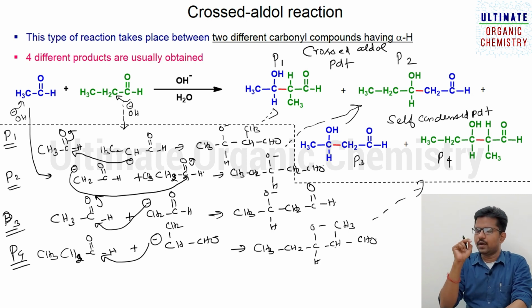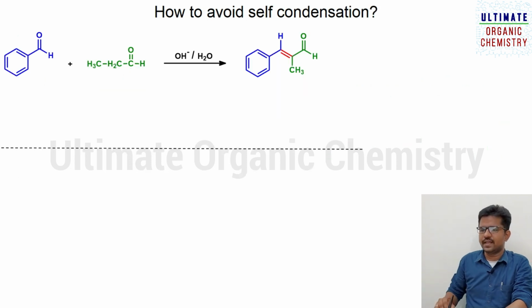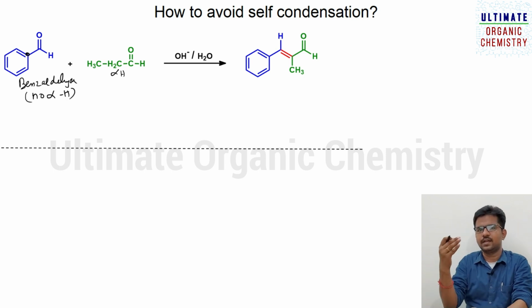Now we must think about how to avoid these cross-aldol products. We have one example. In this compound, this is benzaldehyde, which has no alpha hydrogen, so here you have no hydrogen. So this will not undergo self-aldol condensation. Here this is propanaldehyde, and here you have alpha hydrogen, so this molecule may undergo self-aldol condensation. But during the course of addition, the way of addition will determine the product formation. I will explain this a little later.